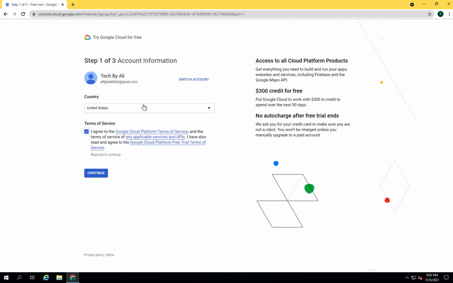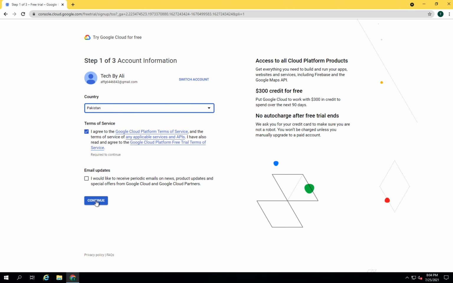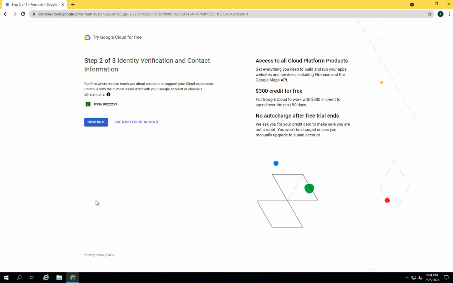Here select your own country. I am from Pakistan, so I will select my own country and click on continue. So it's asking for code verification.